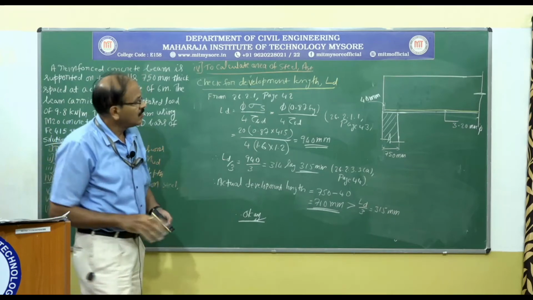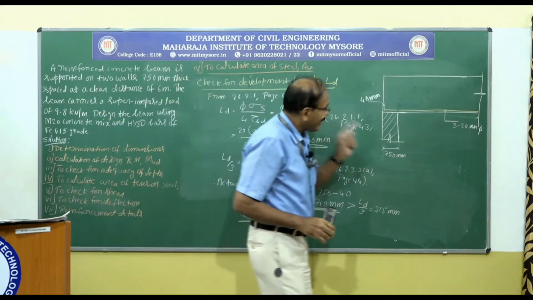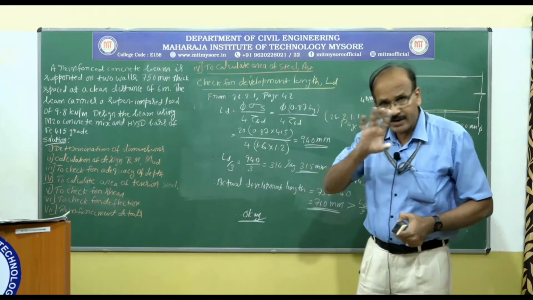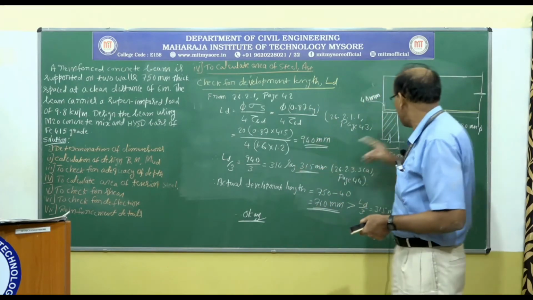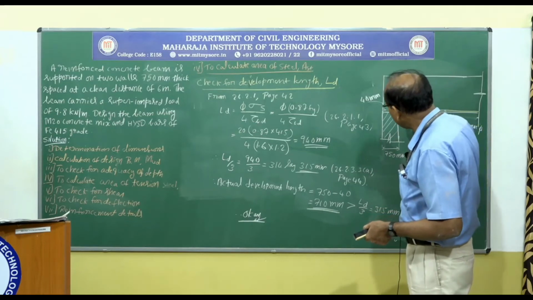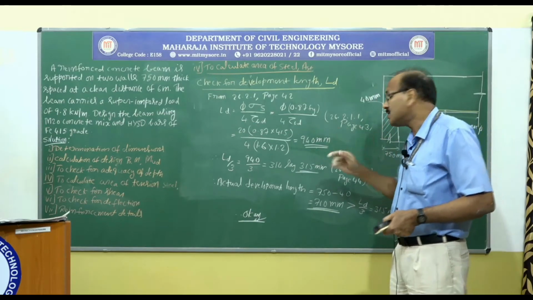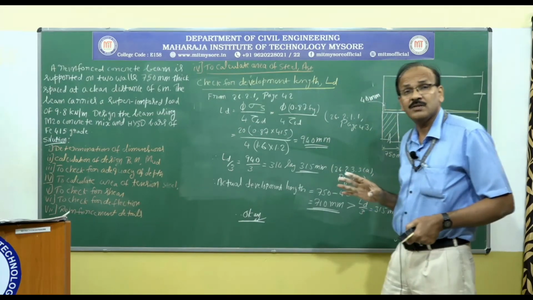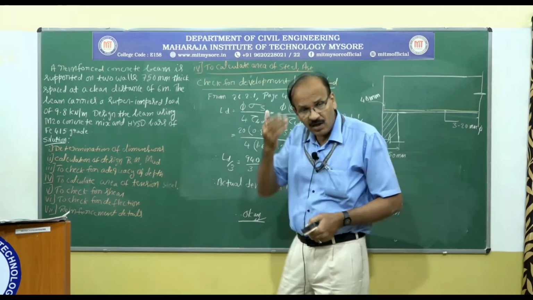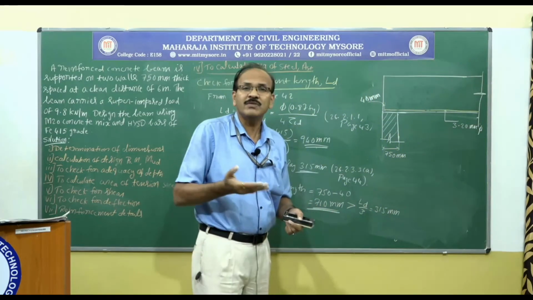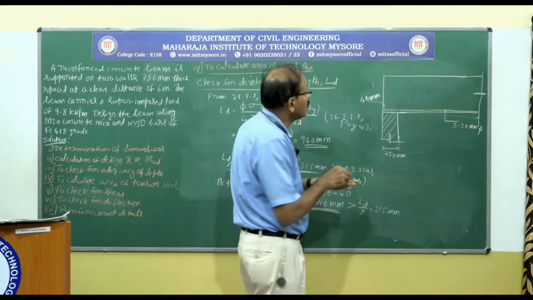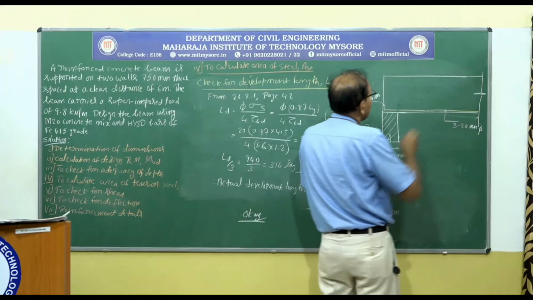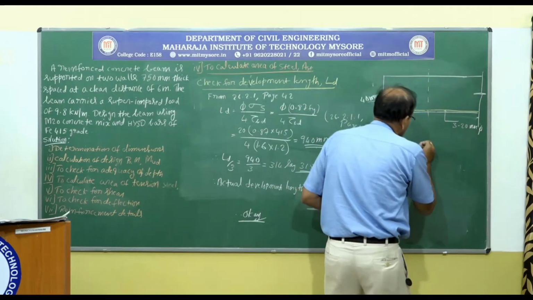Is it clear to you? So here once again keep in mind, I am not curtailing any bars. I am continuing all the 3 bars up to this point. If at all you cut some of the bars out of those 3 bars we have here, I am going to show you a cross section. If you take a cross section here,